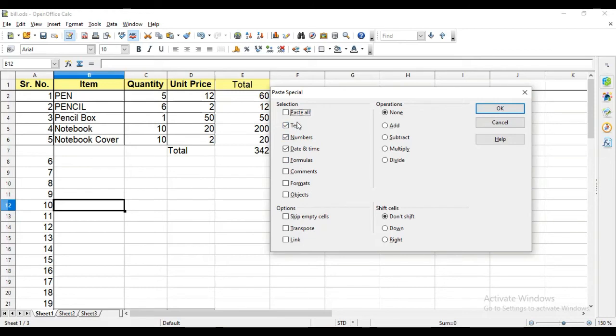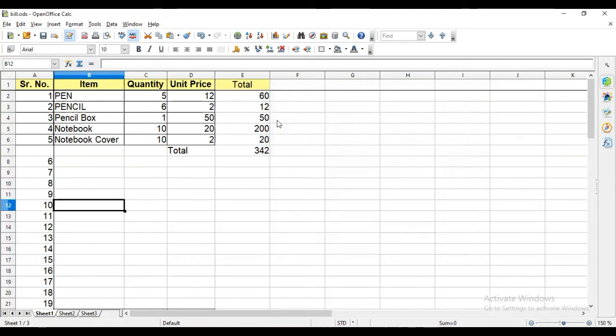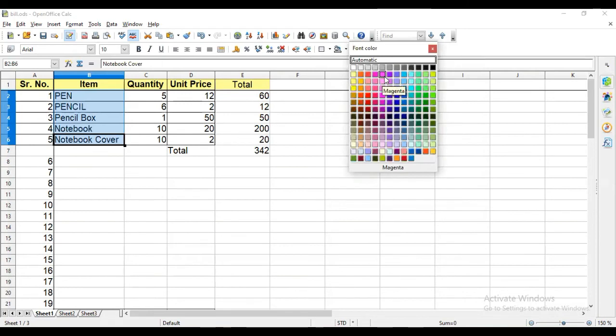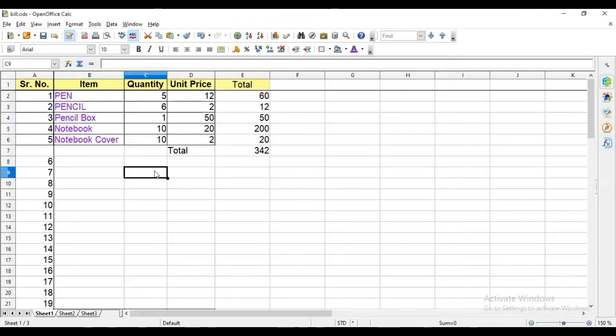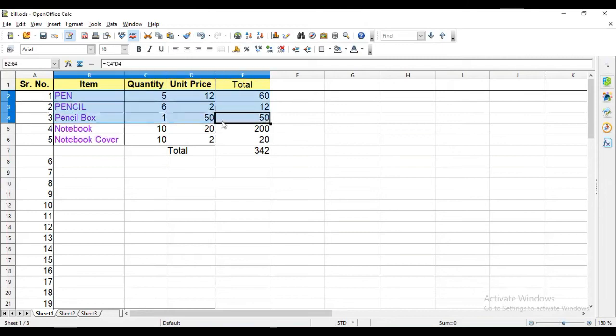Sometimes we do not require pasting this formatting. So at that time, instead of paste all, we select everything and then remove formats, and it will be in its original form. Let's see that. For example, I am taking this with a different color, that is blue, purple.